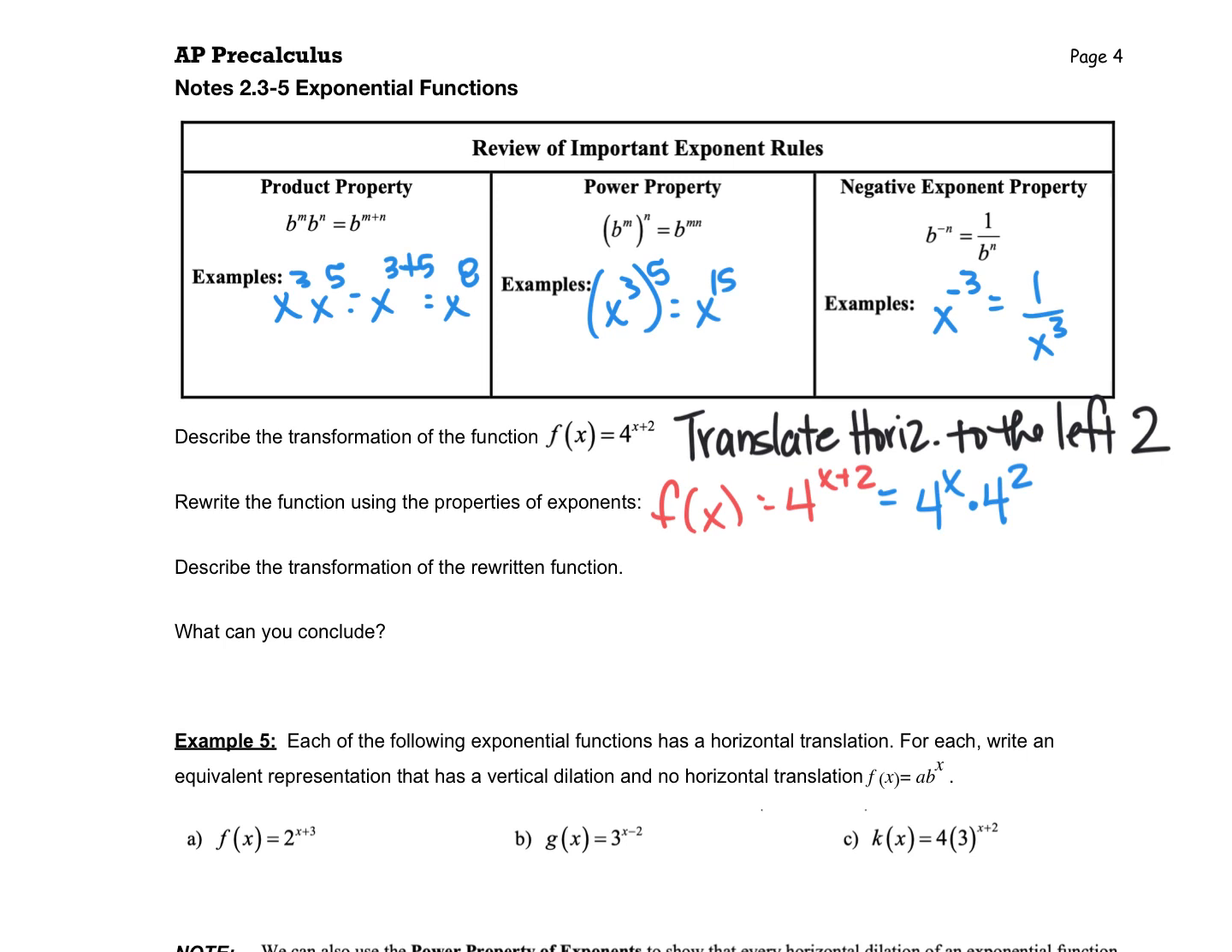Well, if I did that, could I simplify one of those? 4 to the second is just 16, so 16 times 4 to the x. What's the transformation on that rewritten function? It says that they're equivalent, but what kind of transformation do I have now? I have a dilation, a vertical dilation